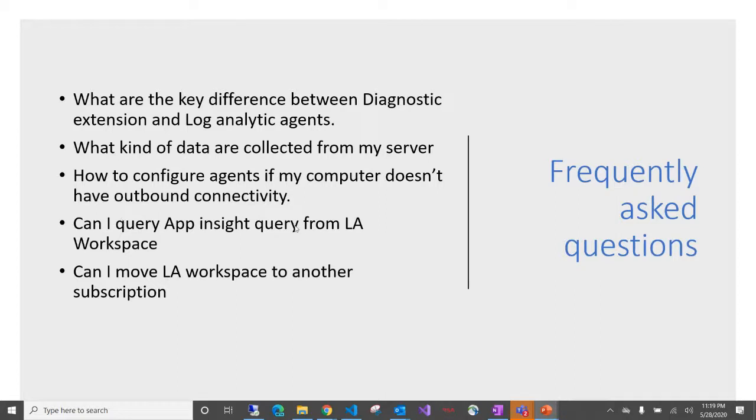And if you ask whether you can move a Log Analytics workspace to another subscription, yes, it is possible. Suppose you have a Log Analytics workspace for a subscription and you want to move it to another subscription, it is very easy. But please be aware that you cannot move it from one region to another region. The most advised option is always to keep one Log Analytics workspace for an entire subscription. It is not advised to create more than one within a subscription because it is not useful. All the data at the end of the day has to come to a central location, and only then can we use our queries to make sure that they work as expected.